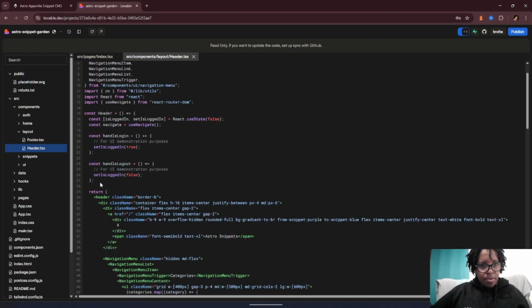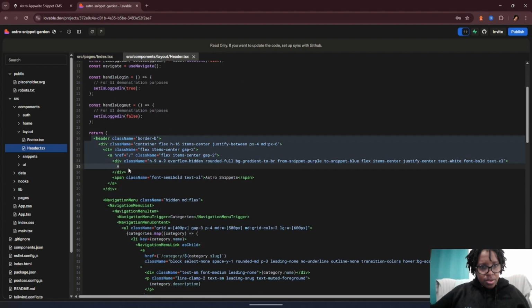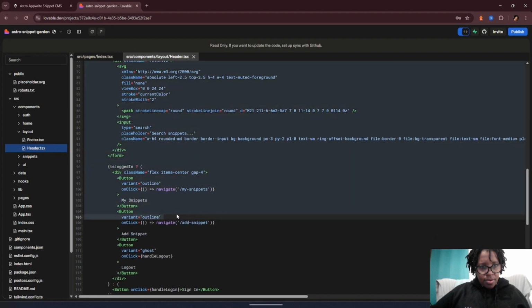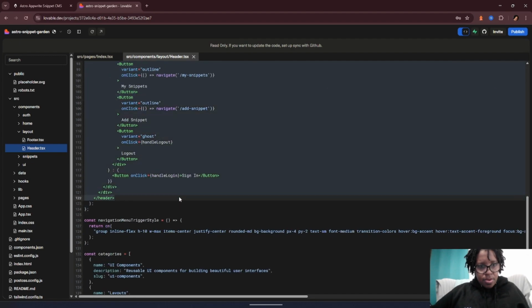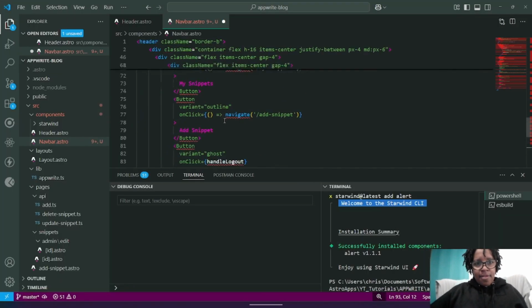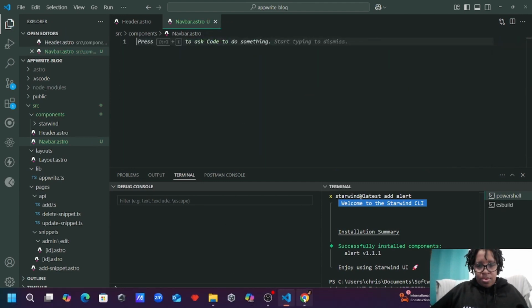So we kind of want to use everything here, and I'll paste it in. Okay, it's not exactly the same, but what we'll do is